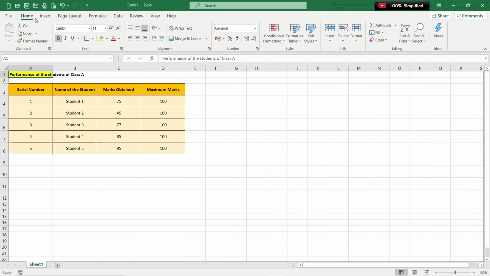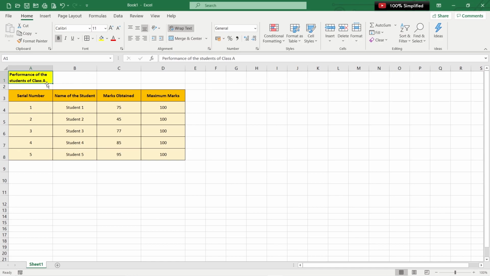Just click on this cell, go to Home. In the alignment group, you will find a wrap text button. As soon as you click on the wrap text button, let's say we click on the cell and click on wrap text, here you go. All the text has been wrapped into a single cell, which actually makes it look even better.